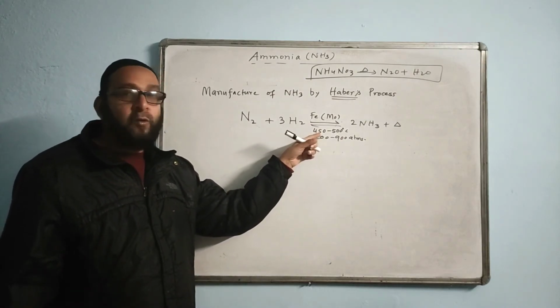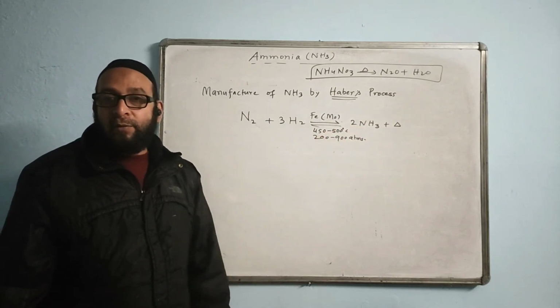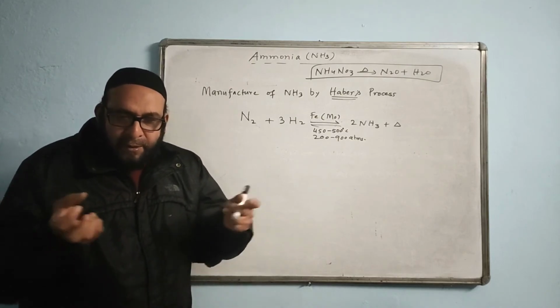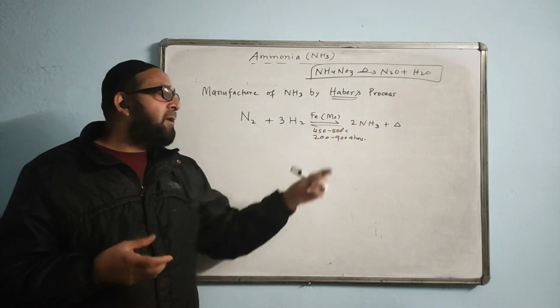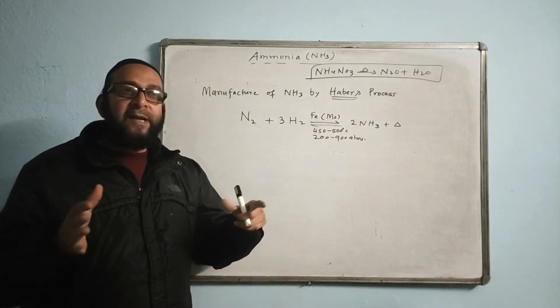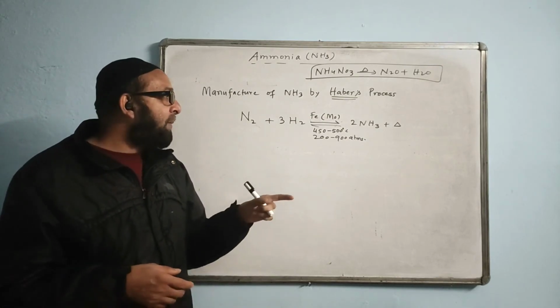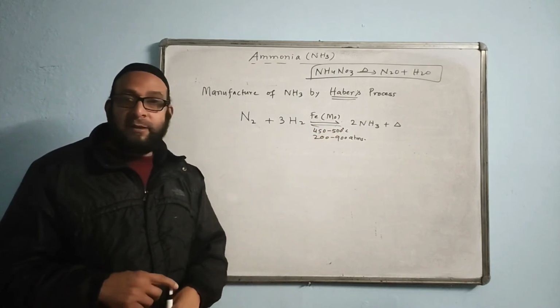So we should use low temperature for a greater quantity of ammonia to be formed, but practically, at a very low temperature the speed of reaction becomes very low and the yield of ammonia is very low. Reaction speed will be very slow and we will not get enough ammonia. That's why we have to maintain an optimum temperature of 450 to 500 degrees Celsius.